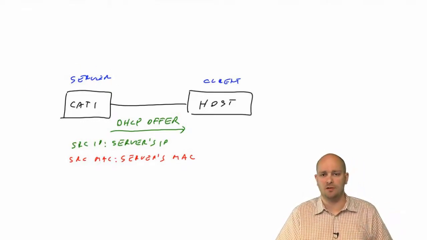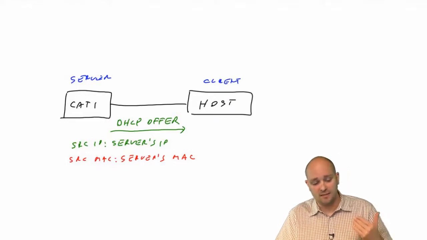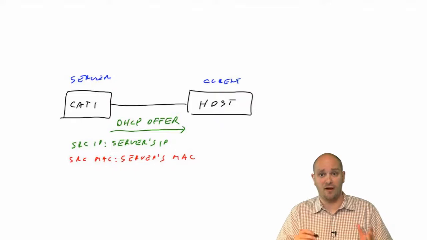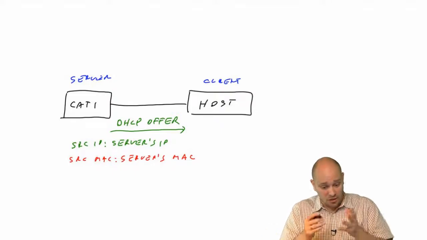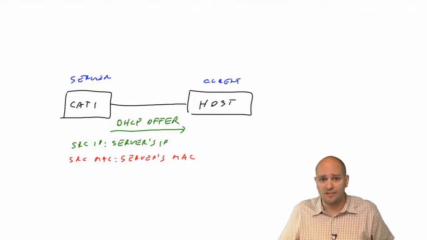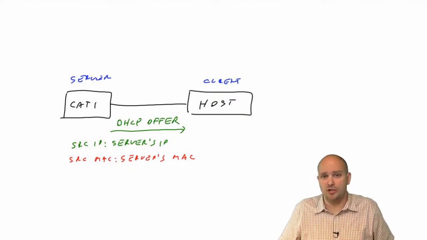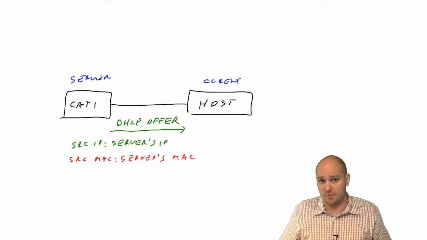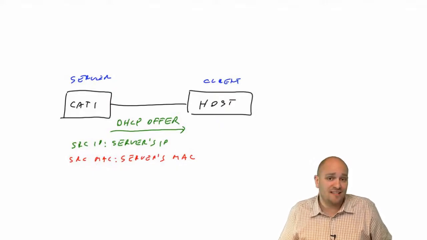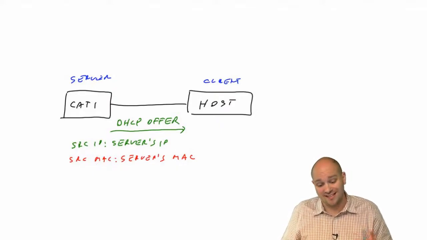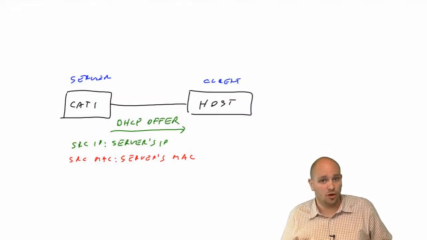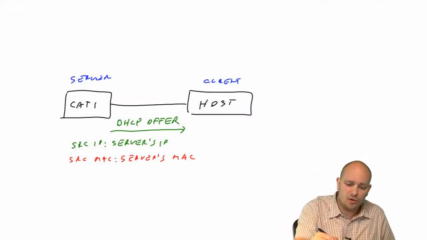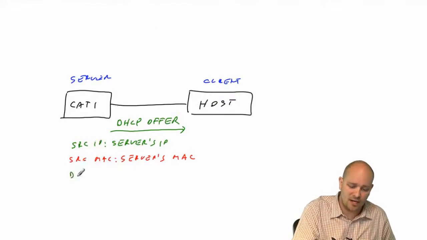That actually depends on the implementation of the DHCP server. Some DHCP servers are going to send this DHCP offer to a broadcast IP address, 255.255.255.255, just like the host did, but some DHCP servers are actually going to include the destination IP address to be that tentative IP address that they are offering to the host. It's still going to get where it needs to go, don't worry about that, but here I'm going to say that the destination IP address